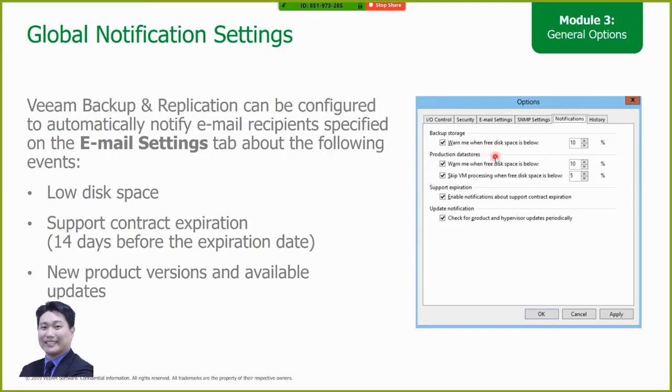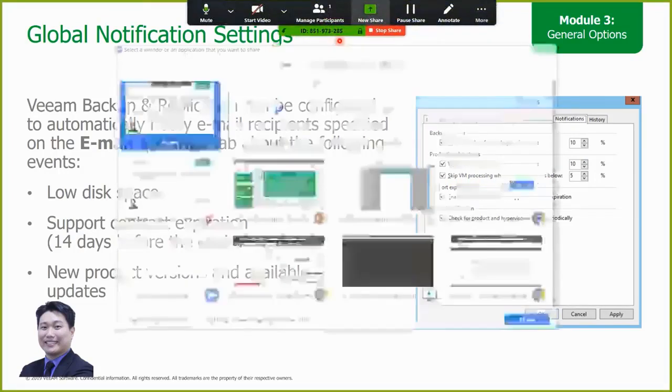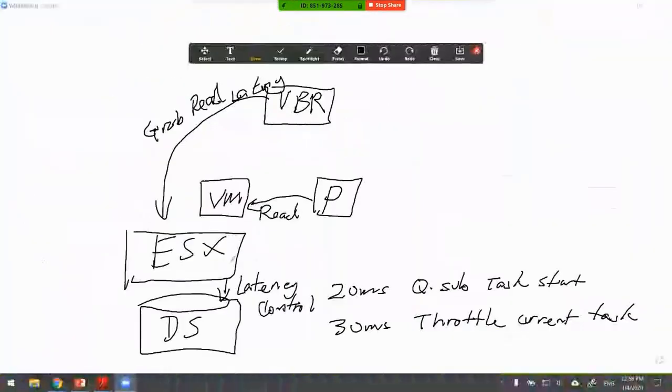The next one will be production data store. Over here, I will get a warning if the free space is below a certain percentage, and I will also skip VM processing when the free space is below 5%. When you look at our diagram earlier, most of the time our virtual machines will be focusing on the data store itself. So over here, we will require more free space on the data store to facilitate snapshot